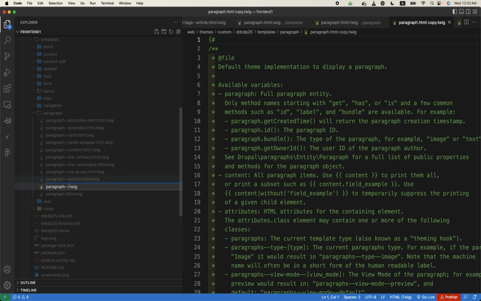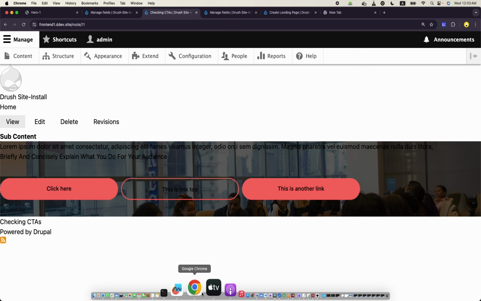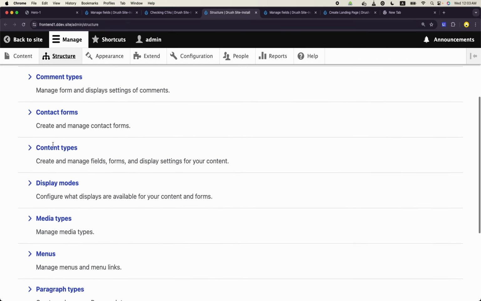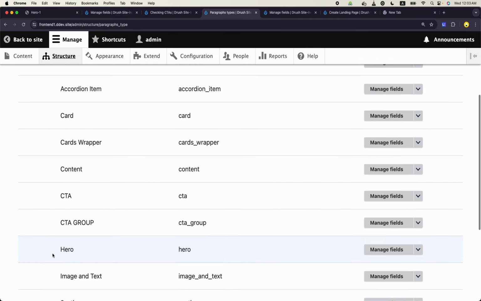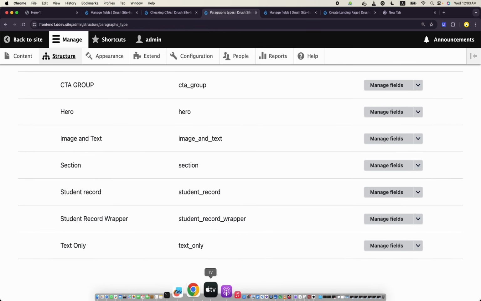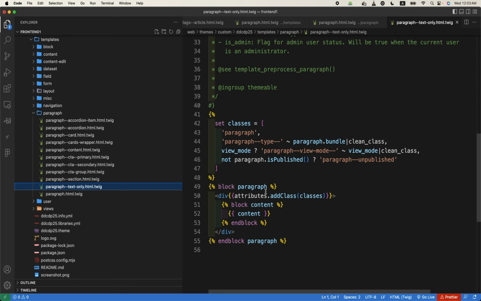Let us confirm. Image and text, text underscore only. One thing, if the machine name has underscore, in the theme name it should be dash. So text dash only, and